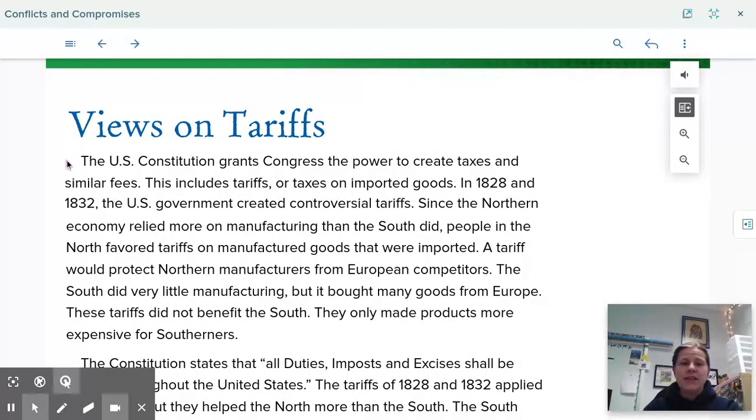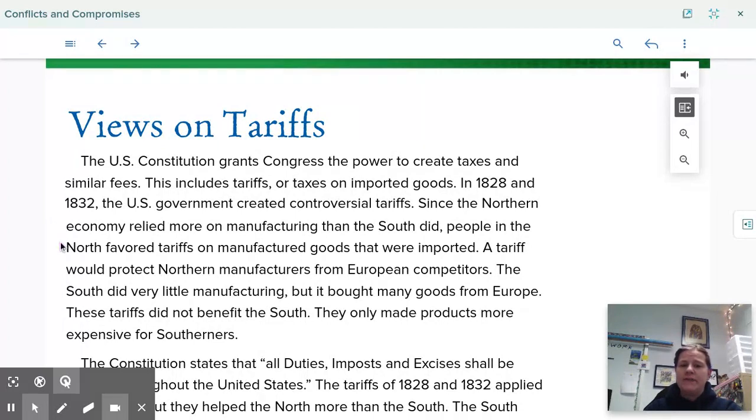Views on tariffs. The U.S. Constitution grants Congress the power to create taxes and similar fees. This includes tariffs, or taxes on imported goods. In 1828 and 1832, the U.S. government created controversial tariffs. Since the Northern economy relied more on manufacturing than the South did, people in the North